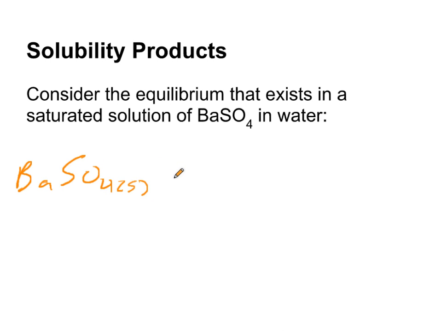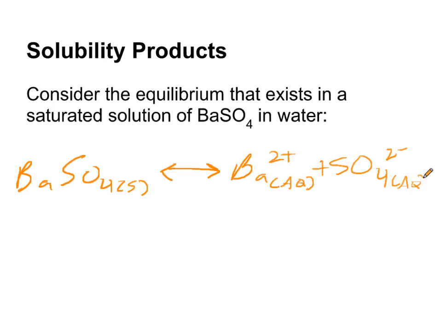You know those solubility rules you spent so much time learning, and you learned that list of things that made solutions insoluble and form precipitates? Well, we're going to ruin that now, because everything is soluble to a certain degree. So if barium sulfate was going to dissolve, it would dissolve in equilibrium with a barium ion and a sulfate ion. Barium sulfate just happens to have a very, very low solubility, so we were considering it insoluble for net ionic